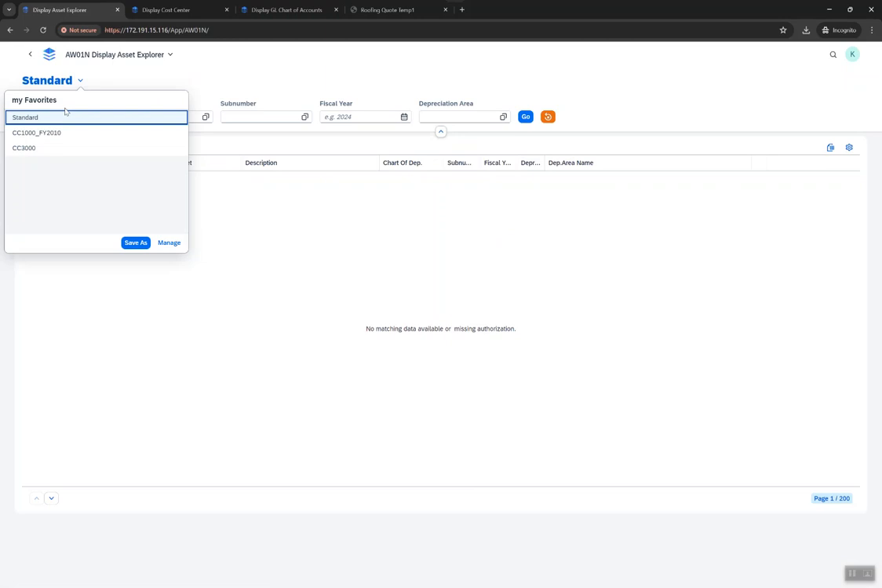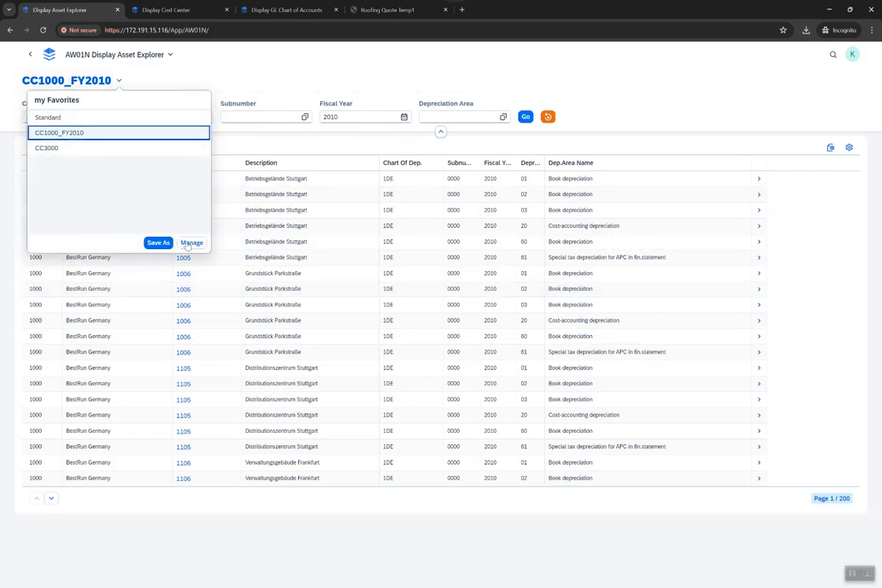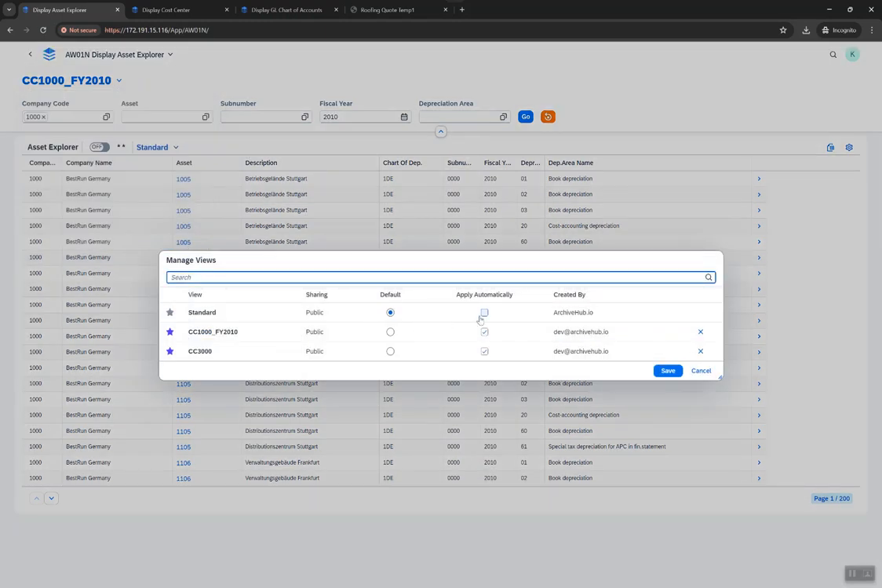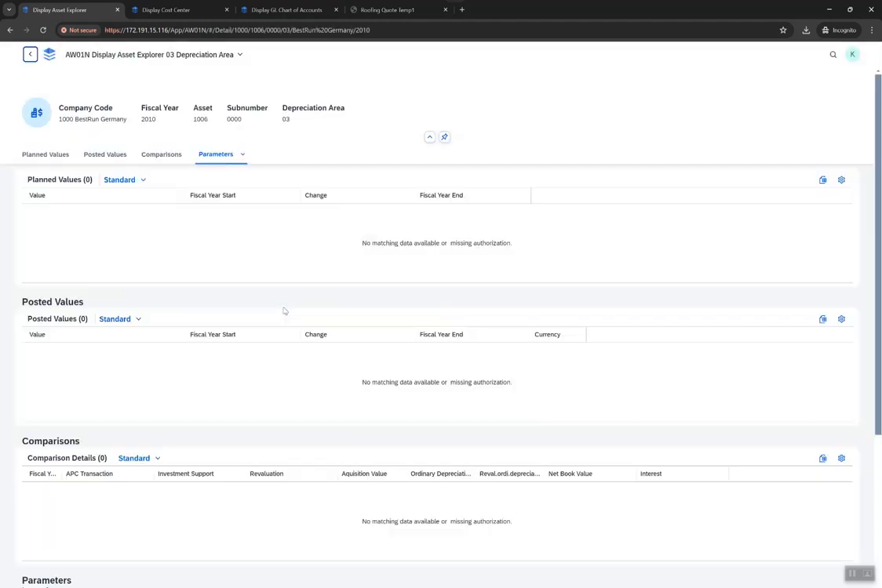Okay, so I would be going into 1000 company code and 2010. As soon as I selected the variant, the results appeared, because in one of these variants I have it set to apply automatically. Apply automatically means it also presses the go button by itself, and then you get the results. Now you can drill down further into this